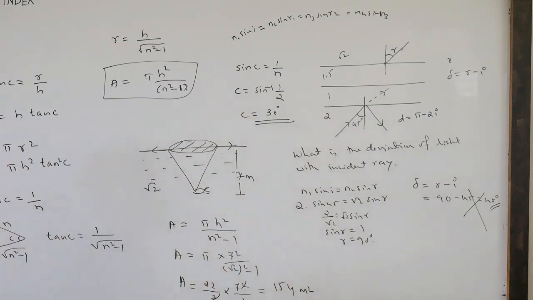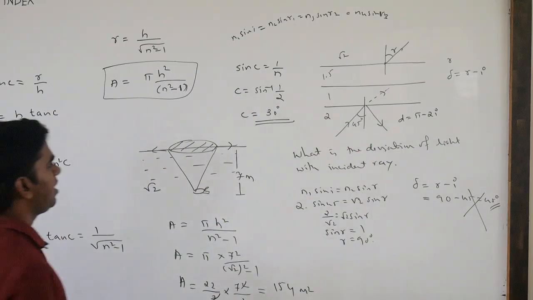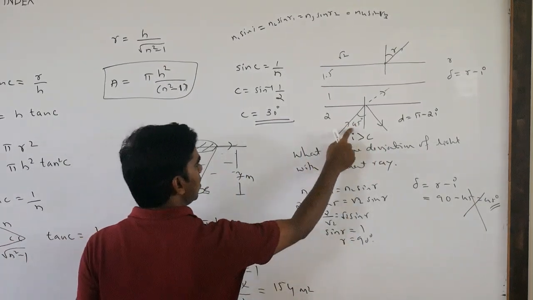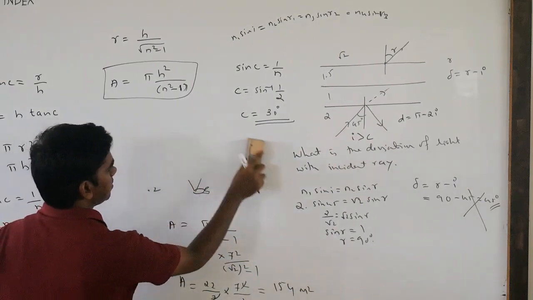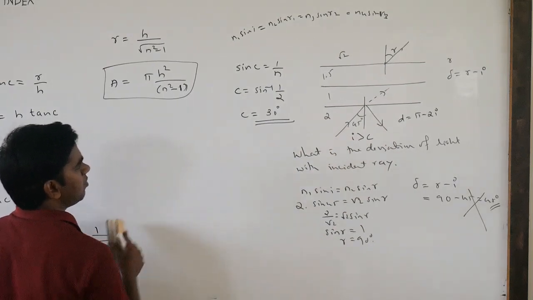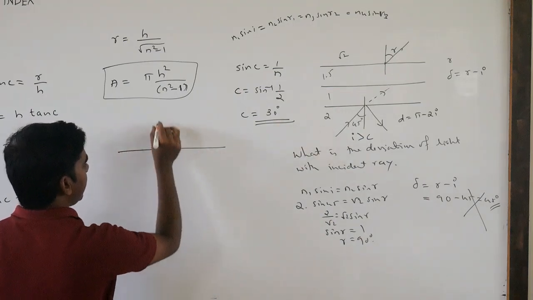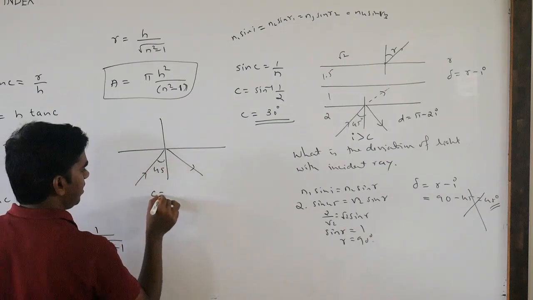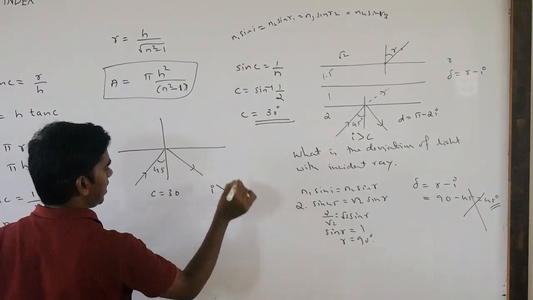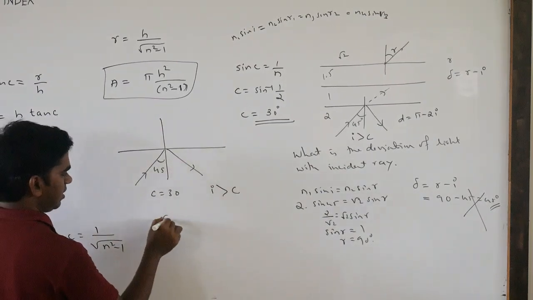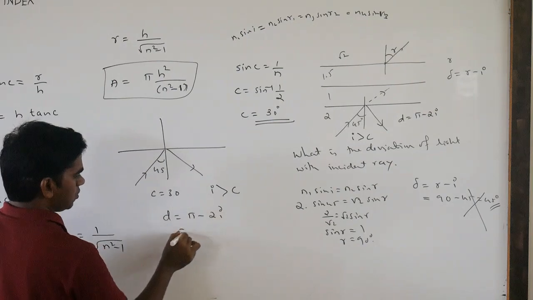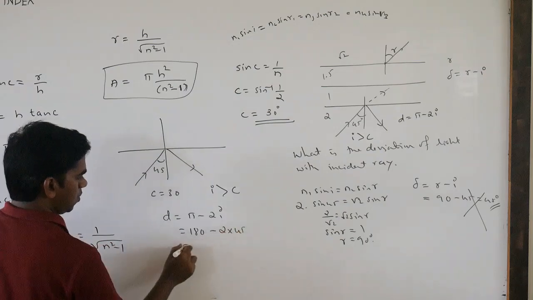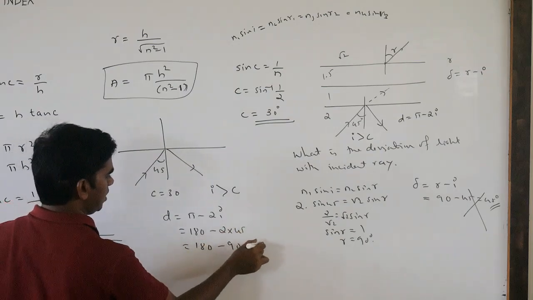Okay. If the critical angle is 30 degrees, obviously the angle of incidence is more than the critical angle because it is 45. So if that is the case, then what will happen? The ray is not refracting, the ray is reflecting, because this is 45 and the critical angle is 30, so the angle of incidence is greater than the critical angle. Then what is the deviation? Deviation is pi minus 2i. So pi is 180 minus 2i, 2 into 45. Okay. So 180 minus 90. So deviation is going to be what?